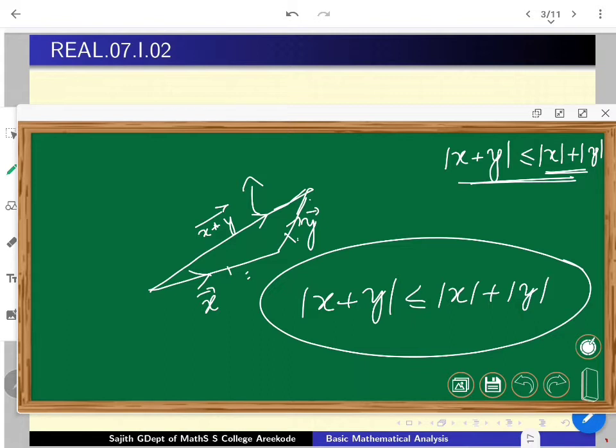Anyway, there are variations or corollaries of this triangle inequality. We will discuss some of them. Since this is for two real numbers, instead of that, you can go to finitely many, say n real numbers x1, x2 up to xn. I can add them all together and then think about the modulus. Then one can actually prove by induction that it is less than or equal to mod x1 plus mod x2 plus, etcetera, plus mod xn.